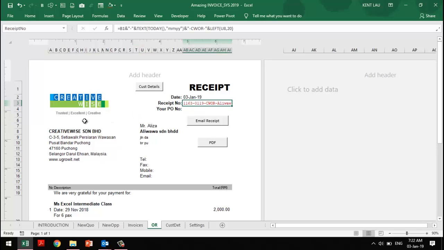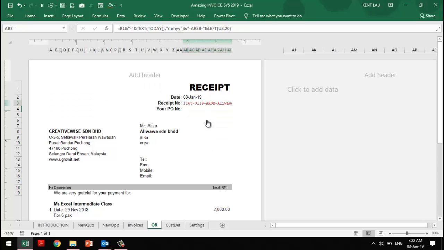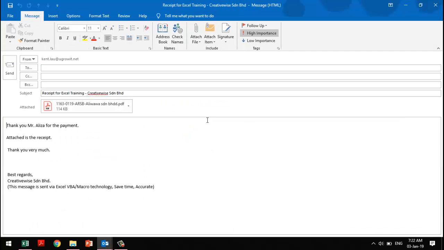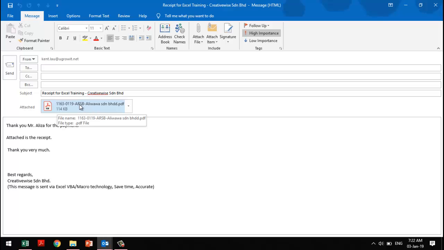So now if you want to change it, say that your company is not Creative Wise, all you need is to come here and change it to maybe your company is called Amazing Resources. So you can just change that. Then the receipt number is this, and again we click on this PDF, we generate another one, and we click the email receipt, and you can see that now it's AR Amazing Resources, and there you go. So we have this, the file name has come with this, and who the client is,